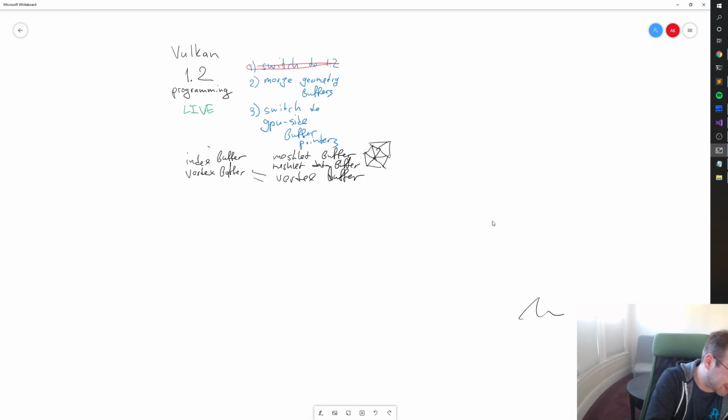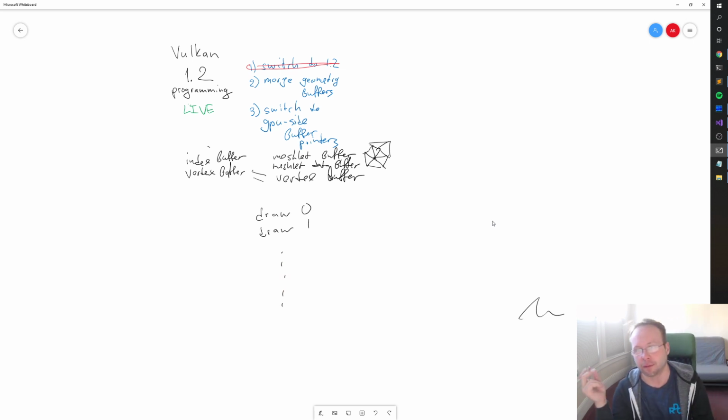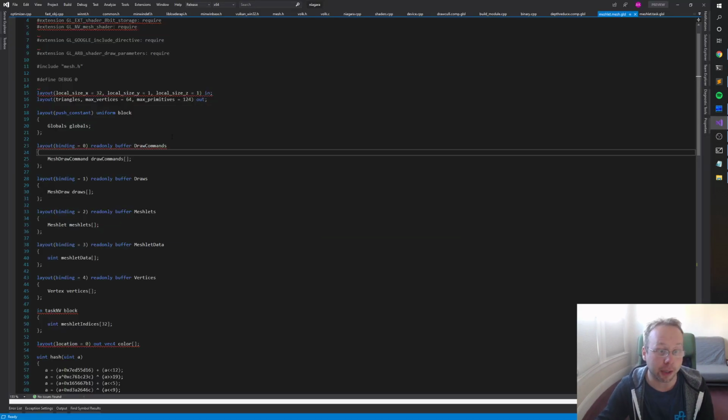So what I want is this, right? Right now in our render, there's this draw sequence. There's draw 0 and draw 1, etc. And for each draw call right now, we specify the offset into one of these 4 effectively large buffers where the data is. For example, for the index buffer,